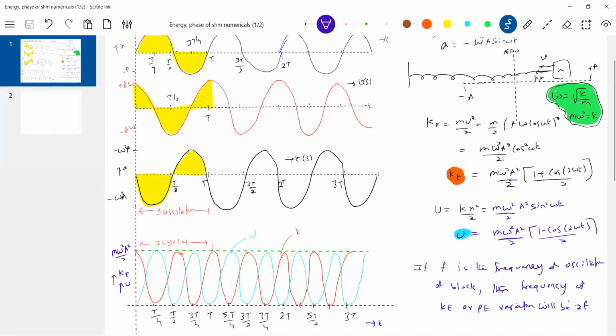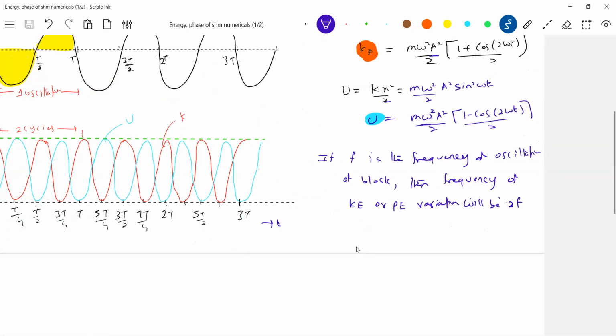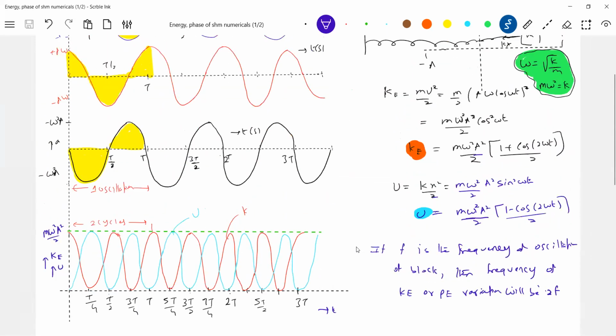So what is the average kinetic energy of a block in one cycle? Anybody? What is the average kinetic energy possessed by a block in one cycle? Zero or non-zero? We'll calculate it in the next part. Okay, let's get into it. We have equations, so I'll take help of these equations. We'll go for average potential energy or kinetic energy, anything, let it be. Okay, the equation we know.